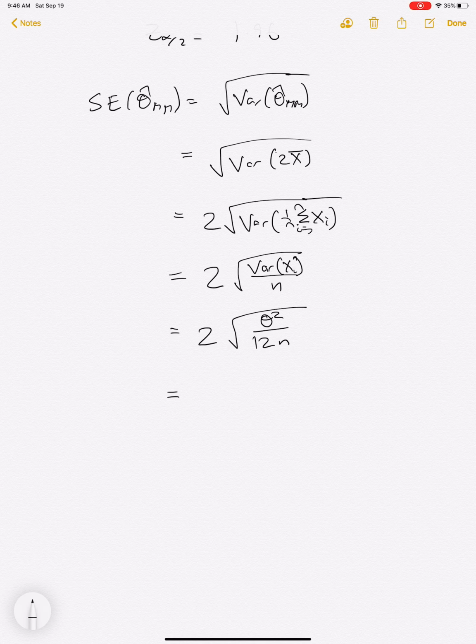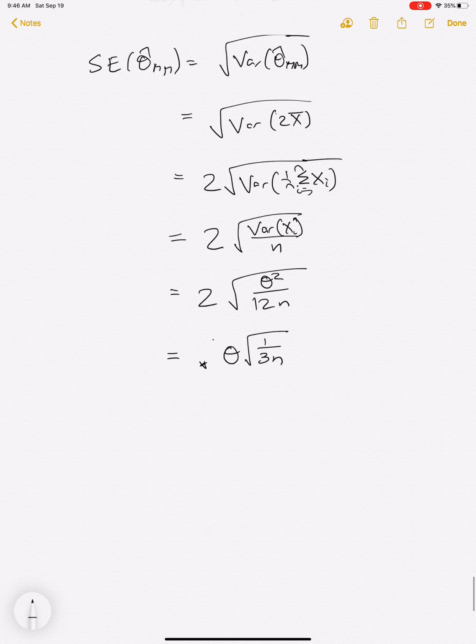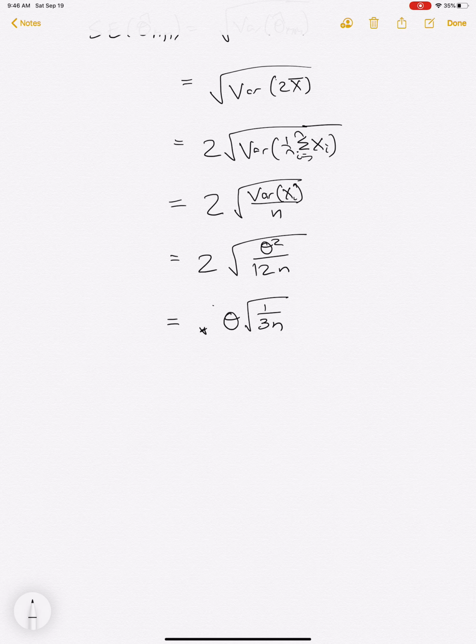And so you're just going to get theta times 1 over the square root of 3n. Okay, and so